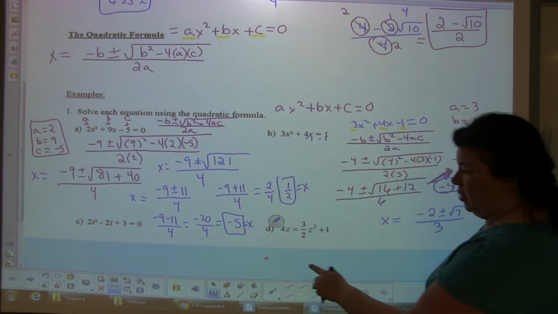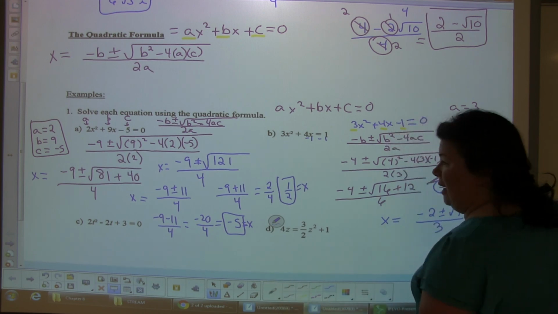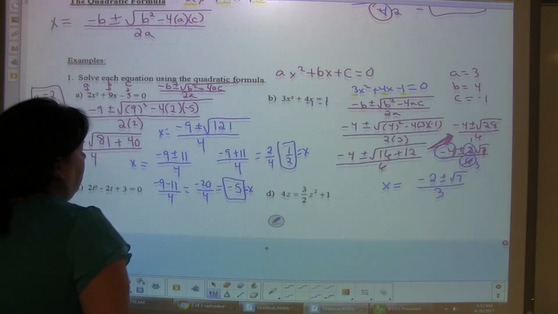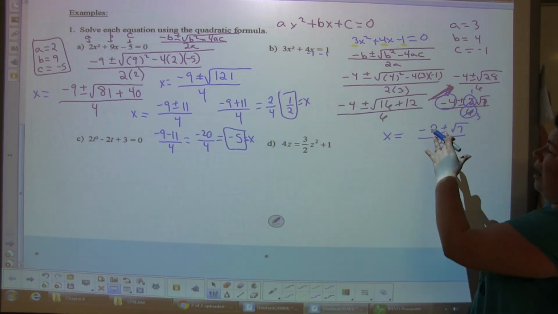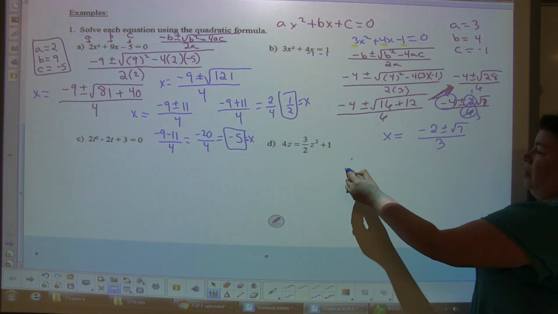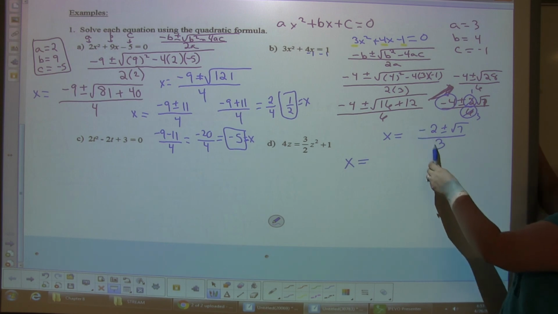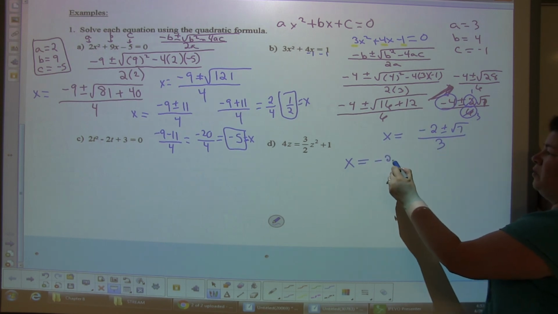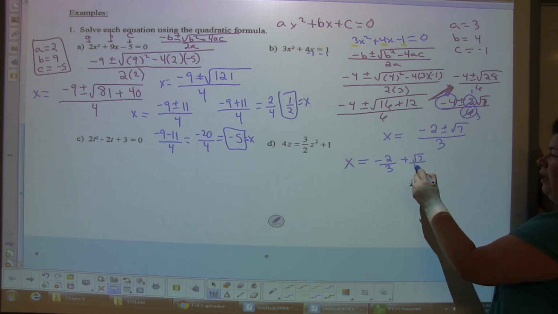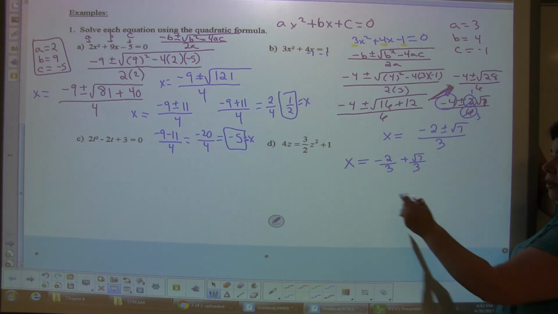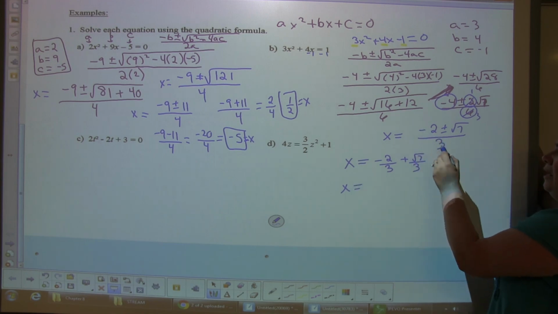Now, something I want to talk to you about is how your book may state this. Your book may give the answers of, hey, I want you to separate them. So they may say, okay, each term separately, negative 2/3 plus root 7 over 3 as one answer, and then they may have negative 2/3